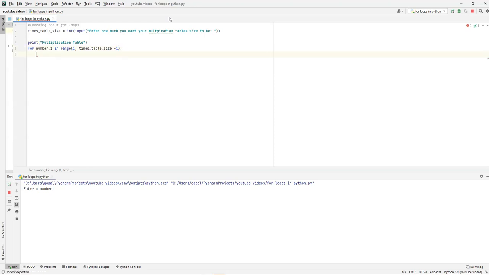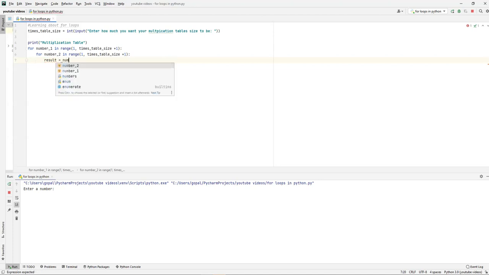And then we'll just do colon, and then do for number 2 in range, and then just copy the exact same thing. So we'll just go Control C, Control V. Yep, and then we'll just put another colon there, and we'll write in our result is equal to number 2 multiplied by number 1,